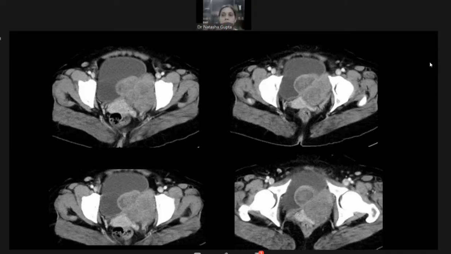Okay, so tell me some points that on imaging which would help you to distinguish between a leiomyoma of the bladder from a leiomyosarcoma. Although it is not always possible to distinguish just on imaging without histopathology, but still some pointers that might help you. Ma'am, the invasion of surrounding structures, the morphology, the margins of the mass, which are in this case well-defined, lobulated, favor a benign lesion more than the malignancy.